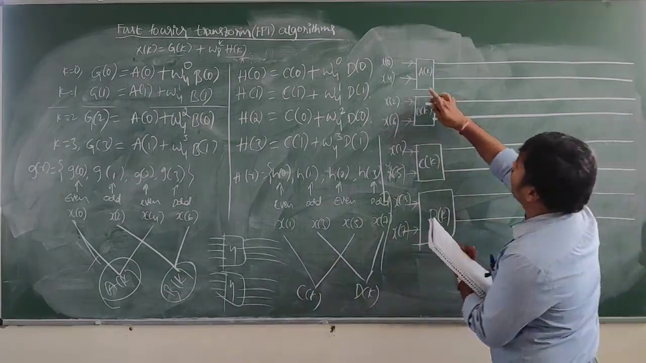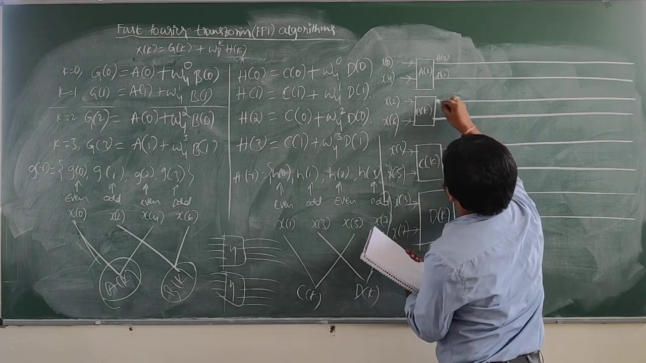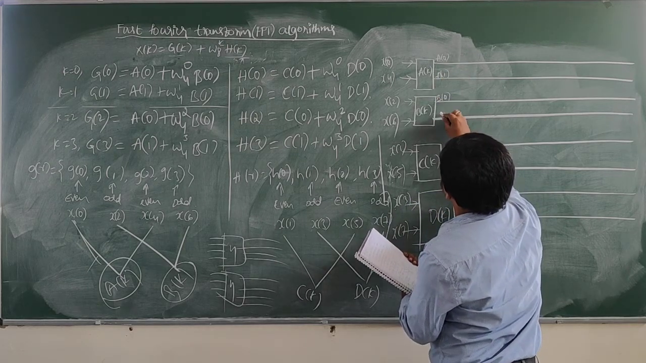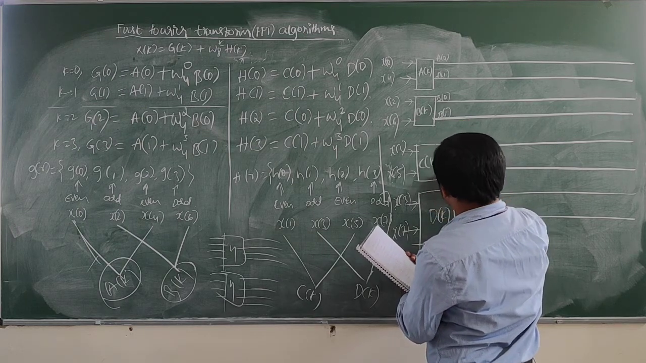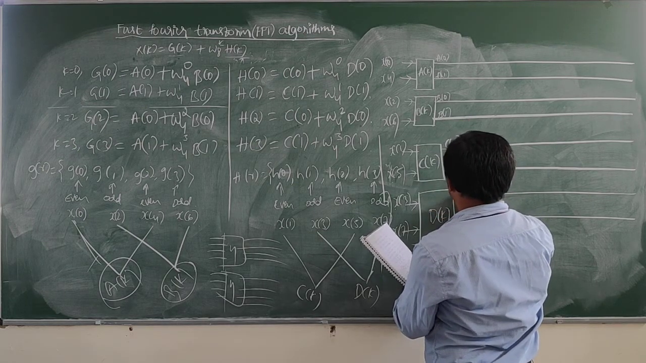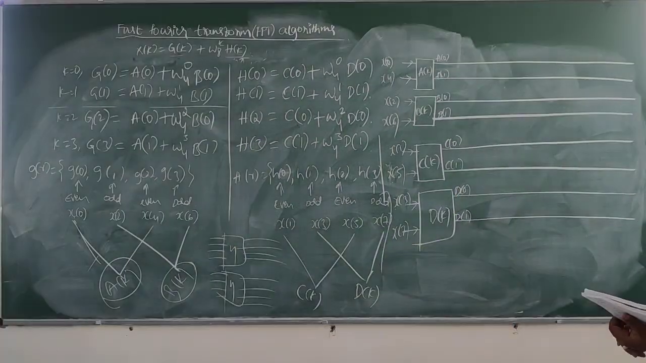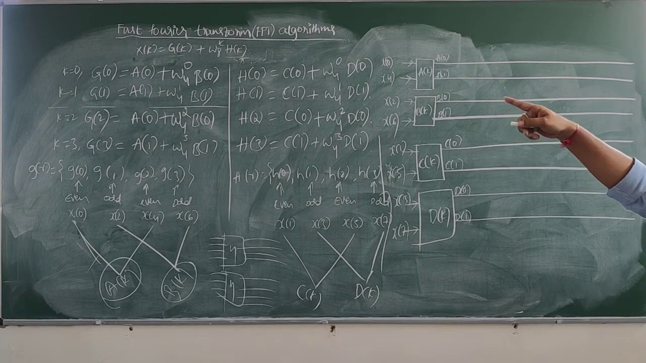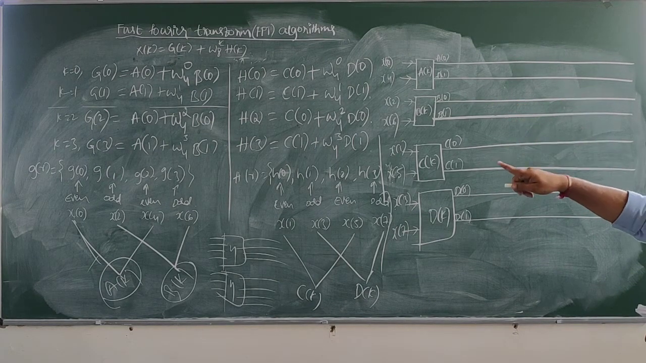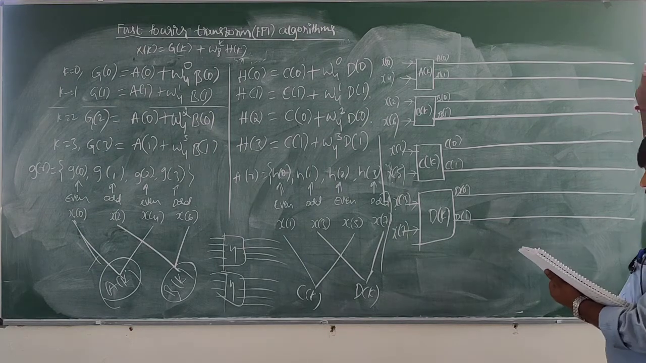So A of k will be A of 0, A of 1, B of k becomes B of 0, B of 1, C of 0, C of 1, B of 0, B of 1. Okay. So what is the equation for G of 0? It is A of 0 plus W of 4 power 0 into B of 0. Okay. So therefore